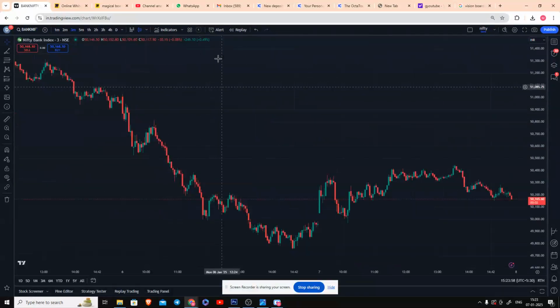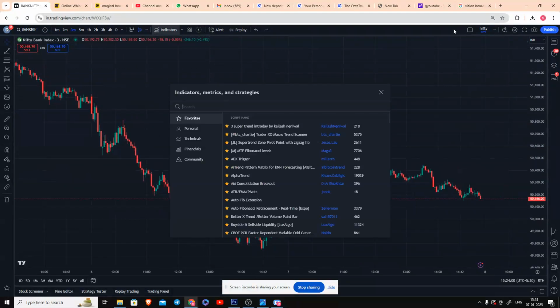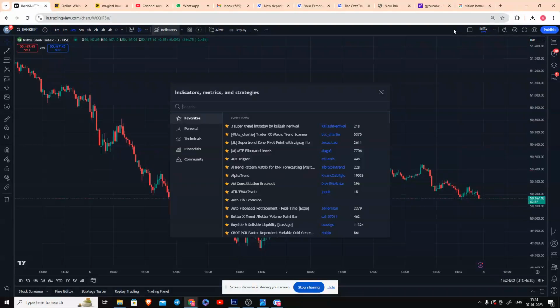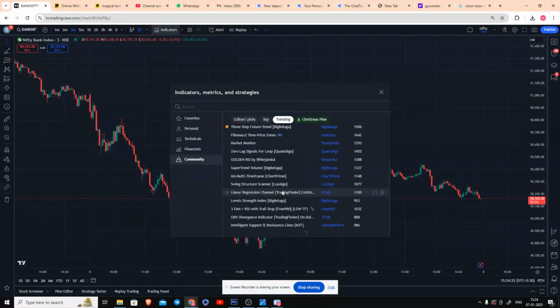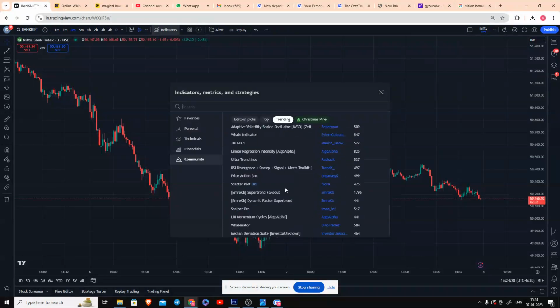Okay, and coming to indicators, we have heard there are multiple indicators in TradingView, hundreds and hundreds of indicators. These indicators help us. Basically an indicator is like a supporting tool. So when you want to trade something with some kind of support, like in order to analyze the volume or with the Fibonacci retracement values and everything, you can choose this indicator. You can also explore this, go to community and choose trending, so you can explore all these trending indicators.